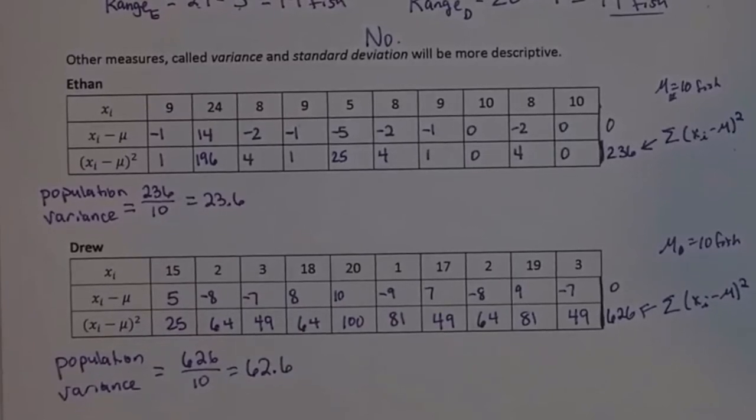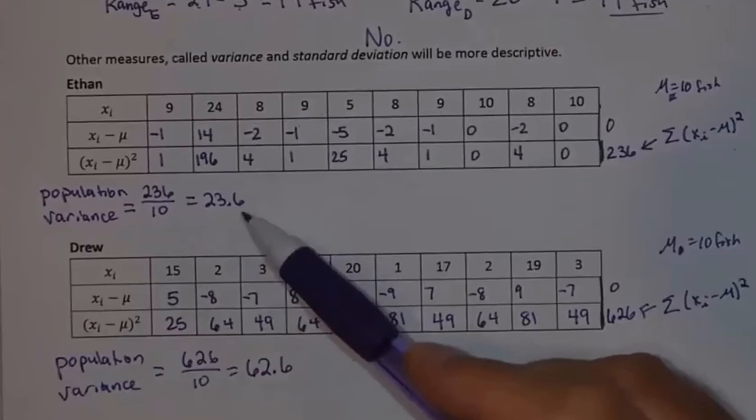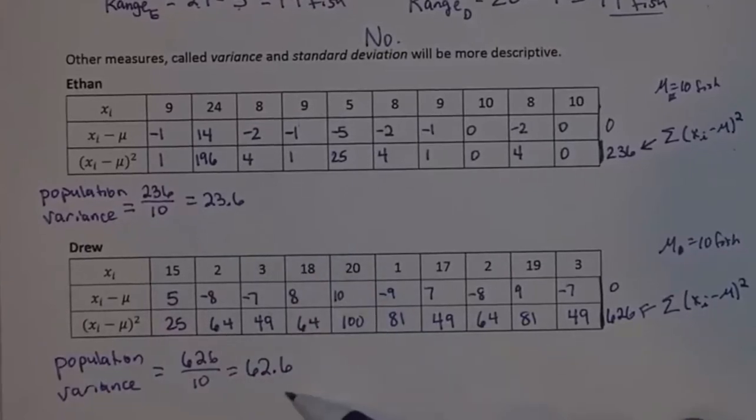So this variance, what it's going to do is it's going to show us how the data is dispersed on average. So essentially, the larger the number, the more spread out the data are,